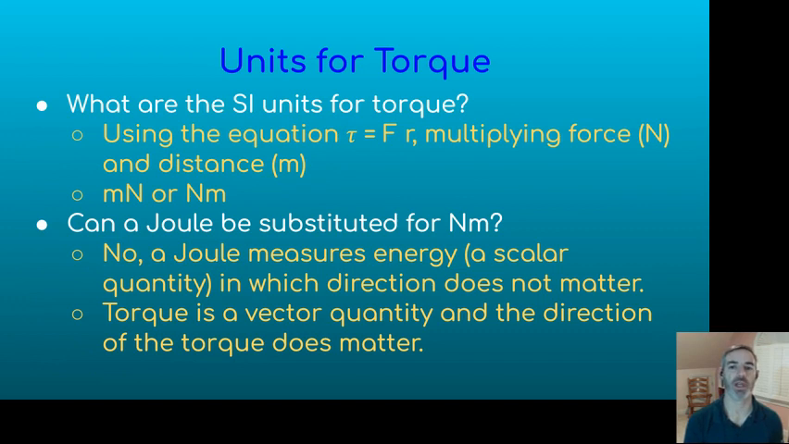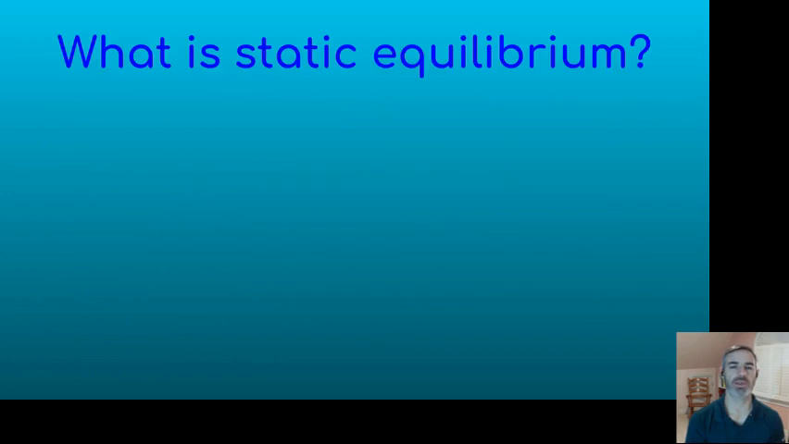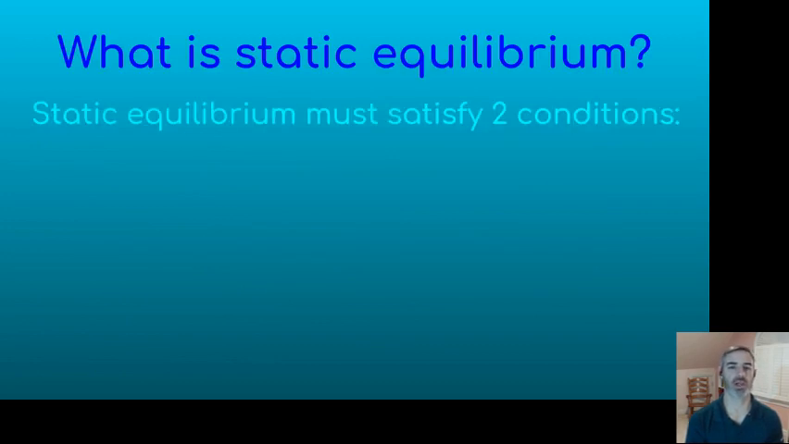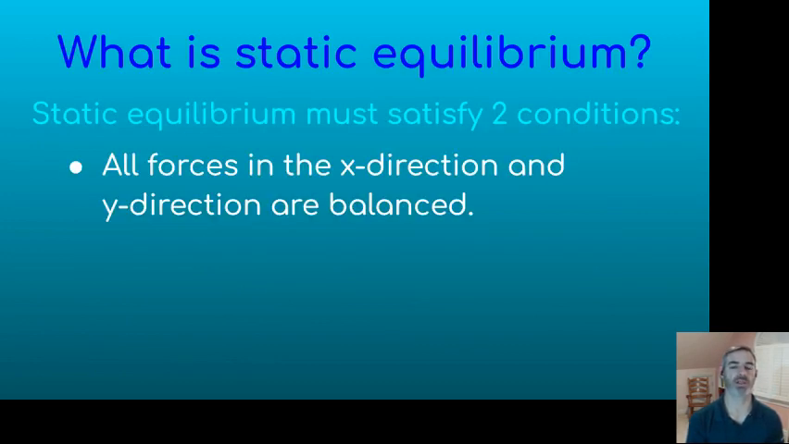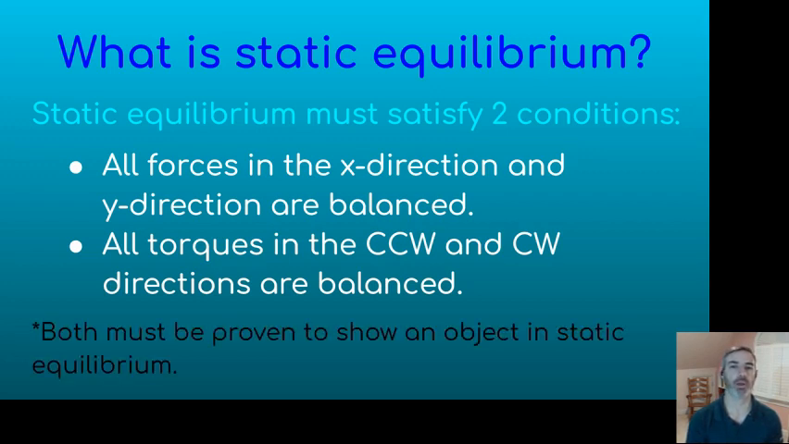So let's look at an example problem where we have an object in static equilibrium, meaning torques and forces are balanced. Static equilibrium must satisfy two conditions. All forces in the x and y directions are balanced, which we did back in Newton's first law. And all torques in the counterclockwise and clockwise directions are also balanced, Newton's first law for torques. Both must be proven to show an object is in static equilibrium, or if we know an object is in static equilibrium, we can use both to find values of multiple